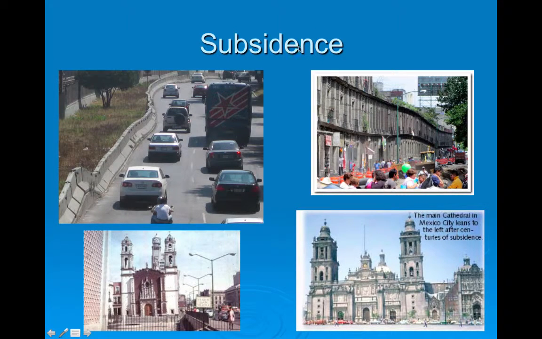All right, subsidence, your book alludes to this. When you have an aquifer and there's no longer water in it, the water is what keeps those pockets open that are in the aquifer, and so then anything that's built on top of it kind of crushes the pockets and it slowly settles. If you have a place like Mexico City, it has dropped many, many feet. You can see it also does it unevenly, so you have buckling in the road and churches tilting to the side, foundations cracking, that whole thing.